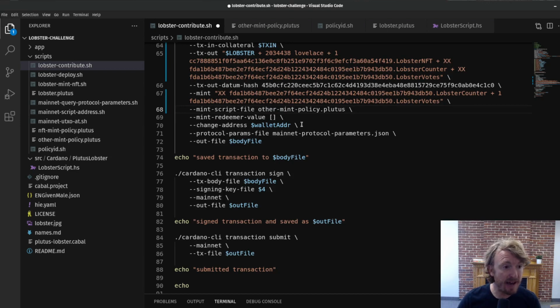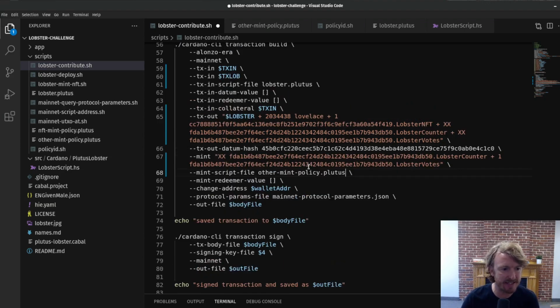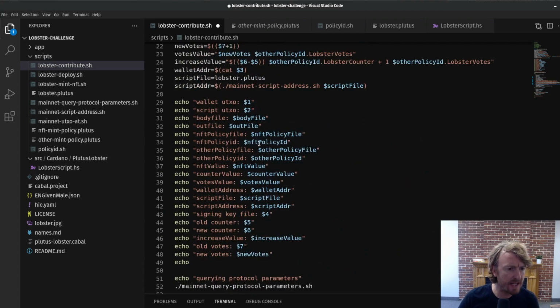Mint redeemer value is another empty array. So that looks like something that we're not worrying about yet. And we get to figure this out over the next few weeks, learning how to use this. The change address, that's my address, right? Look, wallet address